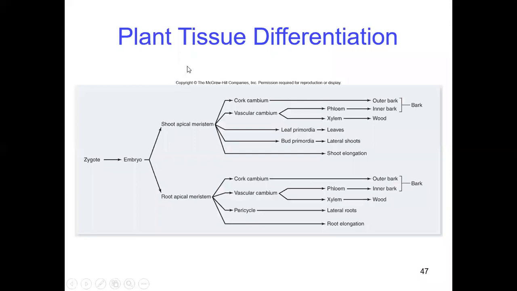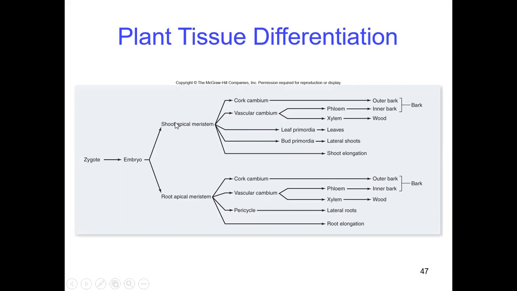So we see how tissue differentiation takes place here. You know that in the seed there is the presence of the embryo. After the viability of the embryo, it can grow. After the growth of the embryo, it forms the plumule as well as the radicle. At the tip of the radicle and plumule, there is a shoot apical meristem, the SAM, and next the root apical meristem, the RAM.